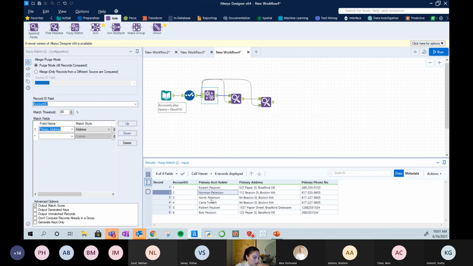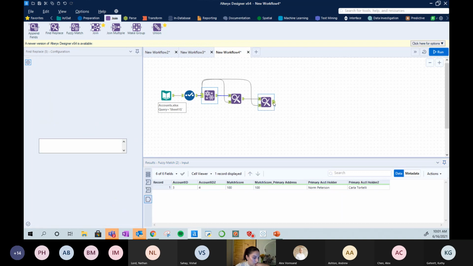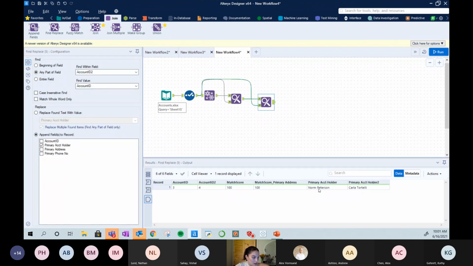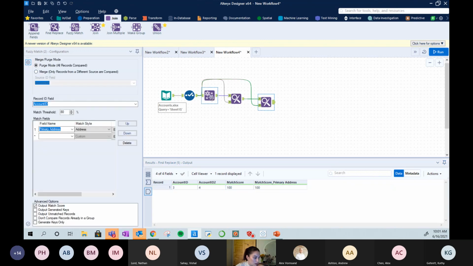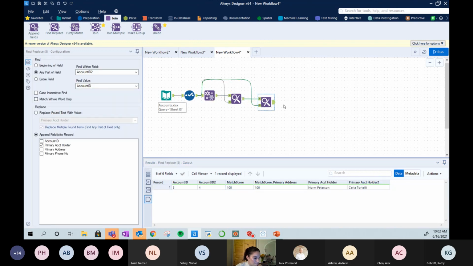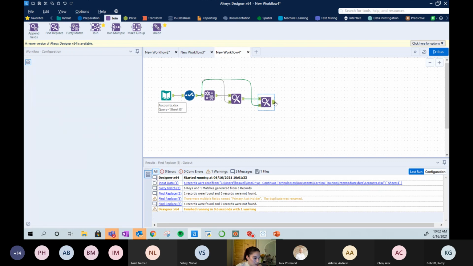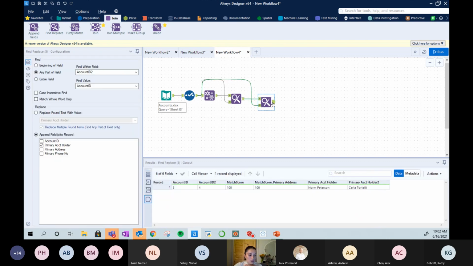So we have Norm, Peterson, and Carla with the same exact address. Those are the only ones output because their address is exactly the same. Match score of 100. I guess then here, what I would do is if they match 100%, the phone number and the address,